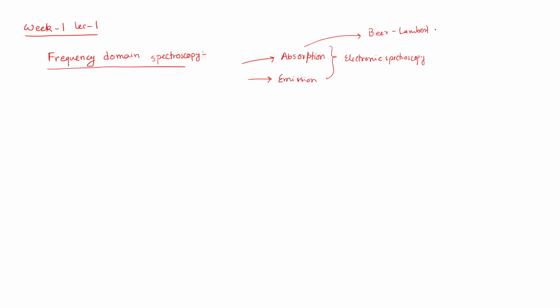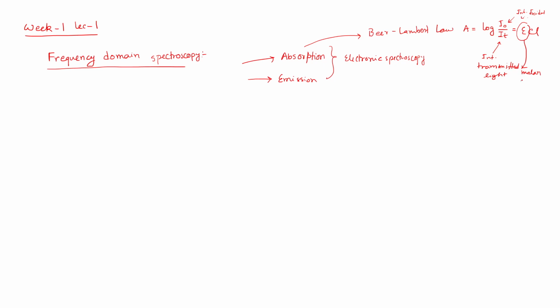I think this has been derived, the Beer-Lambert law, right? The absorbance A is the logarithm of I0 by IT, where I0 is the intensity of the incident light, and IT is the intensity of the transmitted light. Sometimes there is some doubt about which is which: this is the transmitted light, and this is the incident light. And that will be equal to epsilon CL,